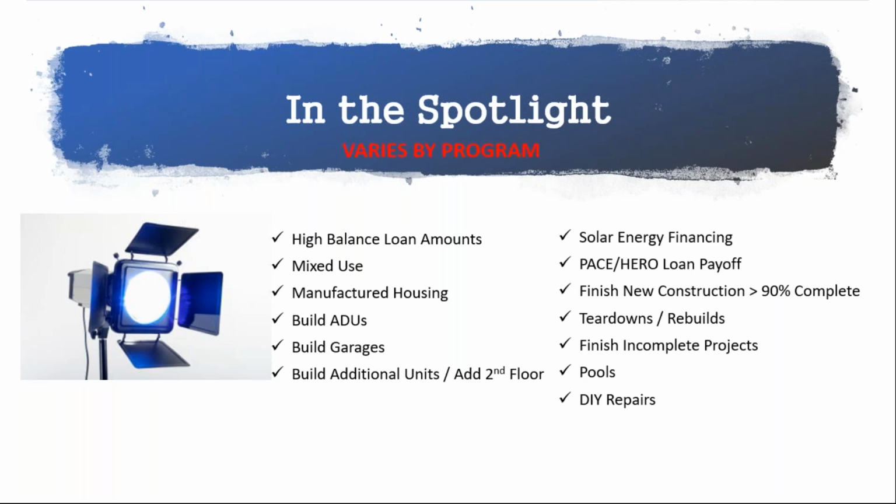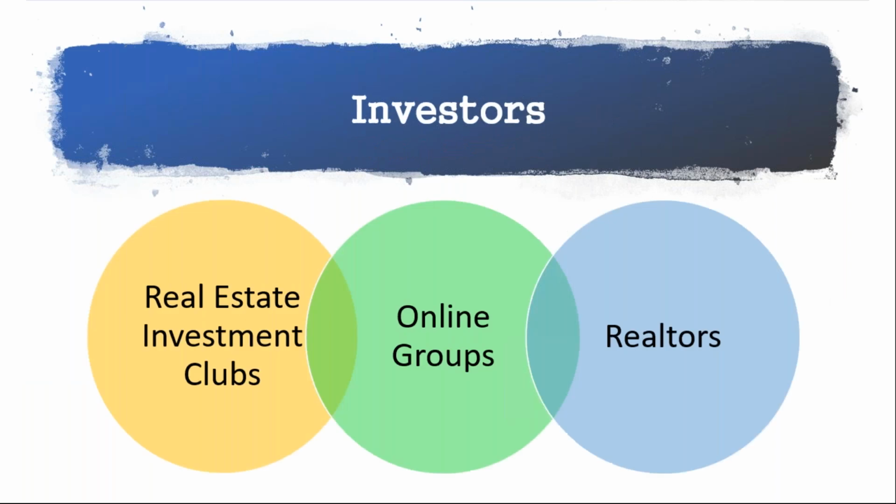Pools, we can do that on the Fannie Mae HomeStyle, brand new pool installations. 203K, we can do pool repairs, and do-it-yourself repairs. I don't recommend going down this route if you can avoid it, but we do allow for do-it-yourself repairs if you are a contractor. And lastly, we have our fourth